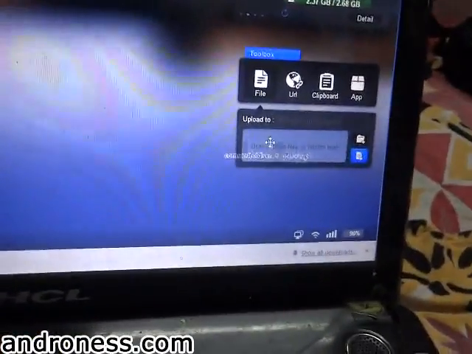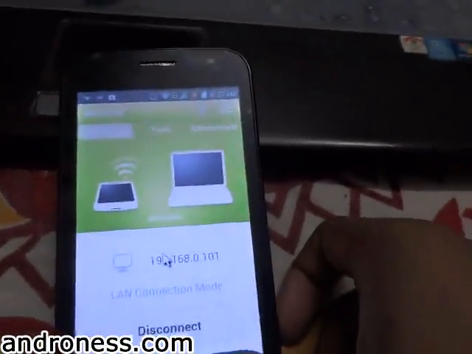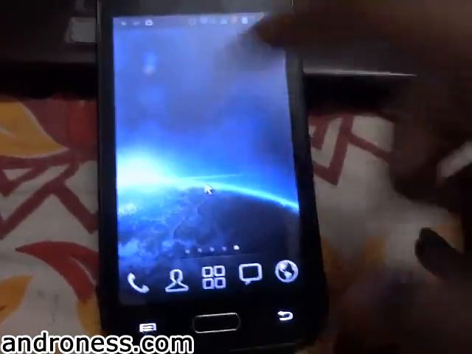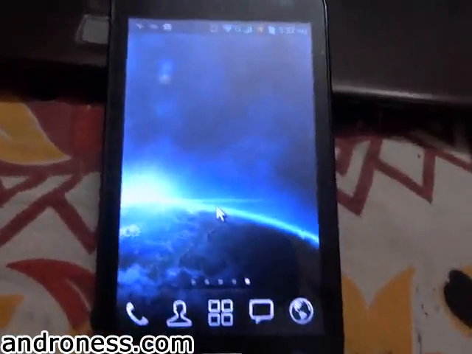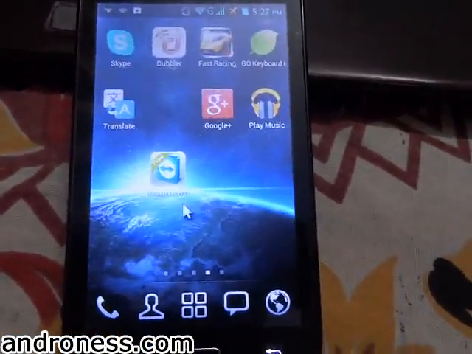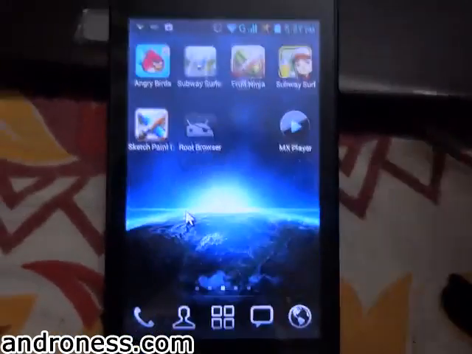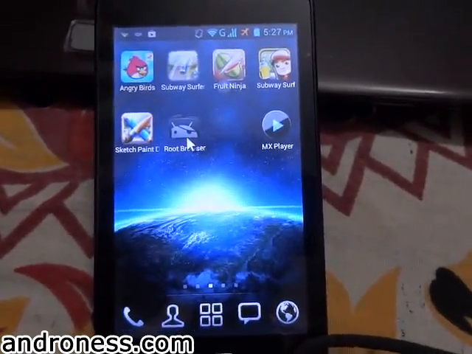So I am holding this application and dragging it to upload, and it will come in this folder. For this you need a root browser. You can use any root browser. In my case I am using a simple root browser, not ES Explorer, because it does not support my mobile's rooting. So now be specific and remember everything, and keep a backup.